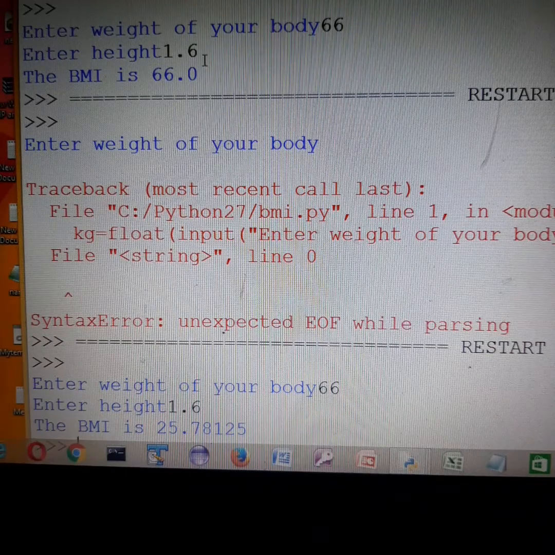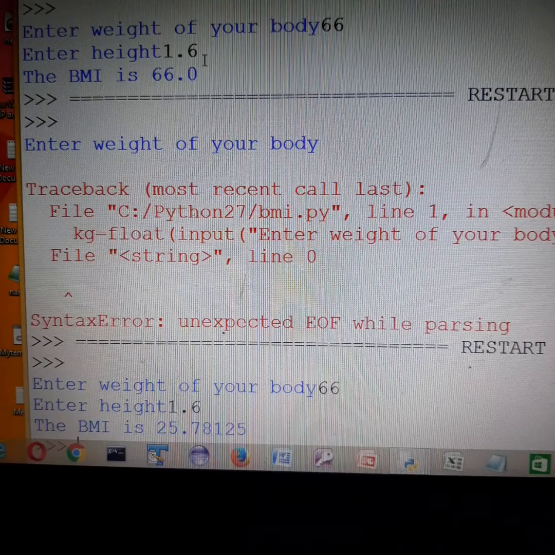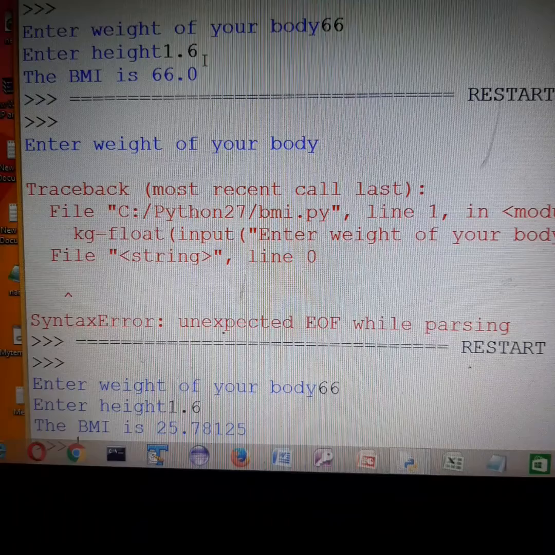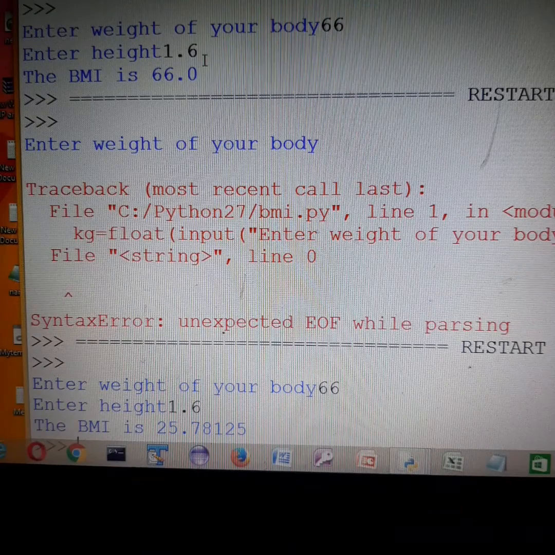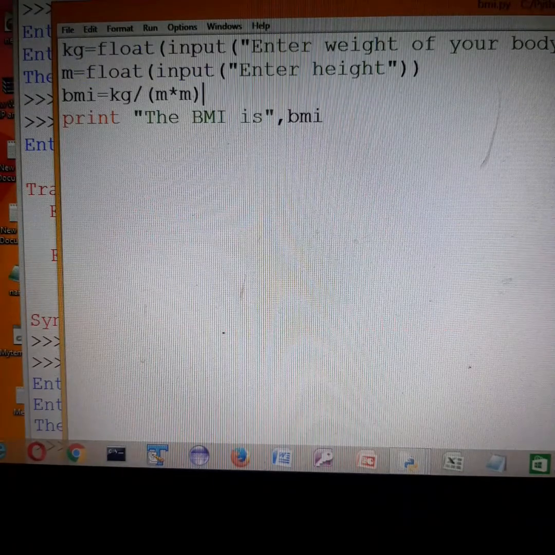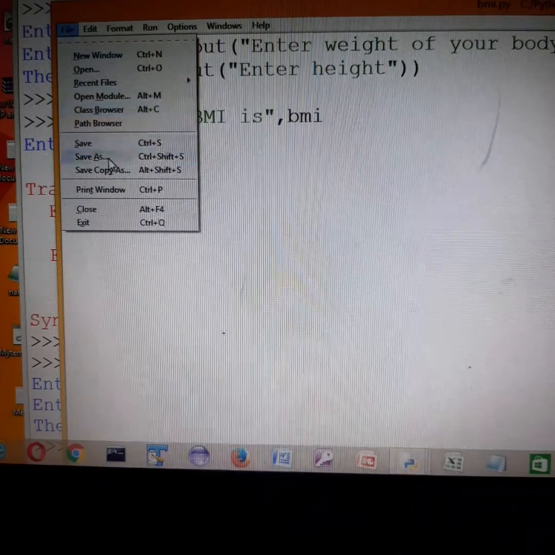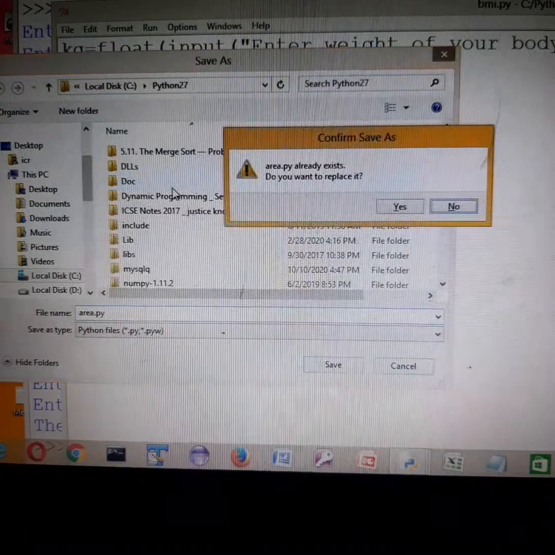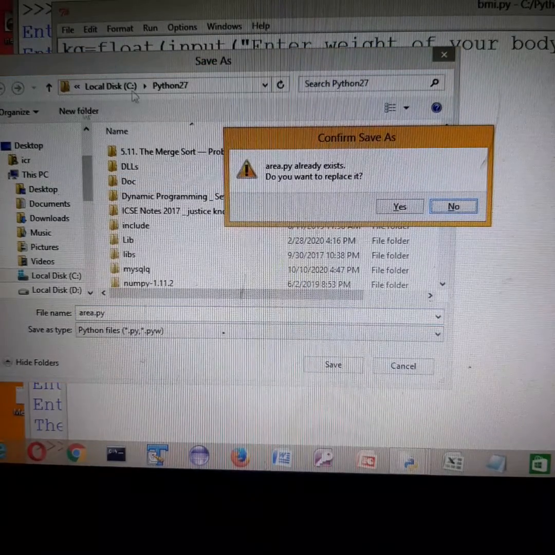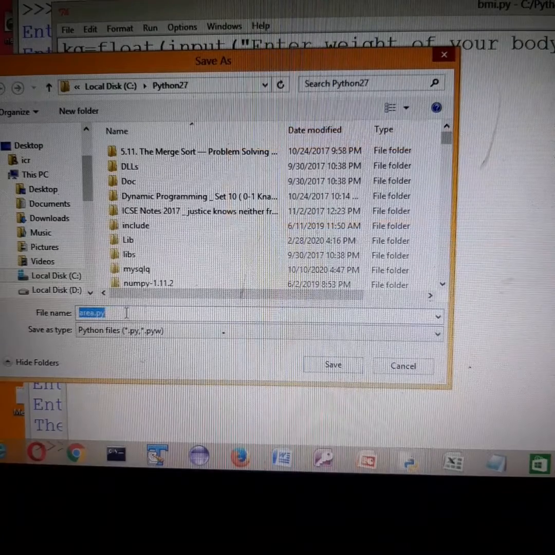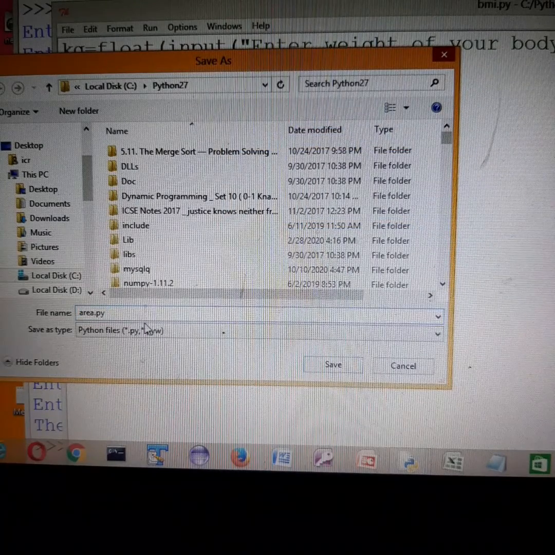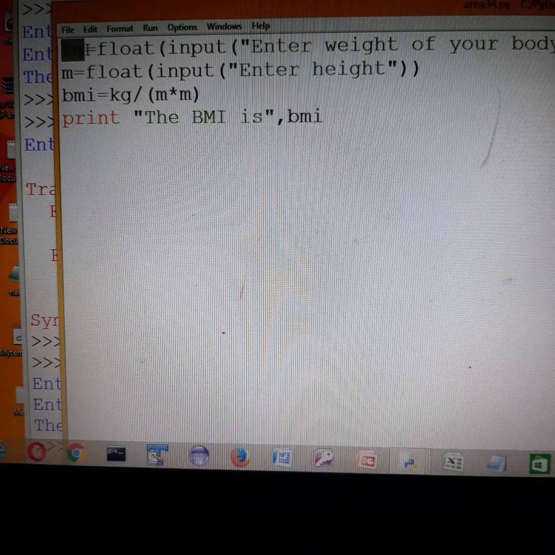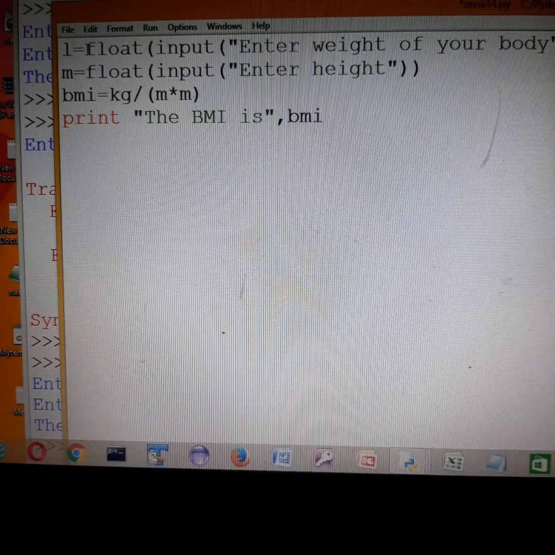Similarly we can do many programs, like taking the length and breadth of a rectangle and calculating the area and perimeter. Let's do that program also. File, save as. Here we'll take L for length.